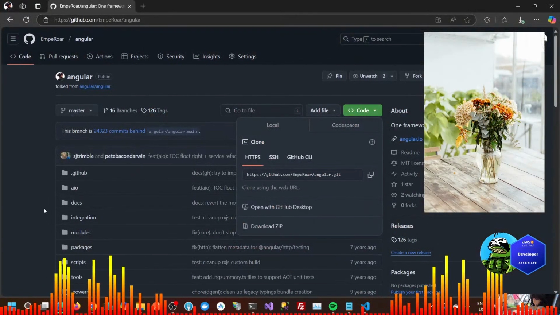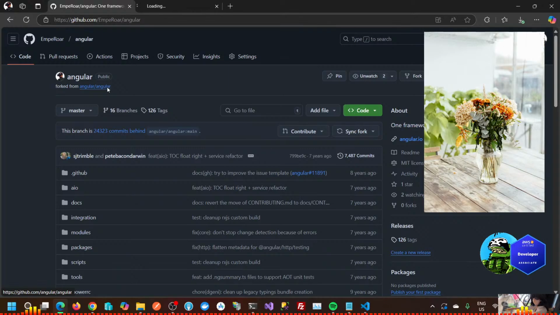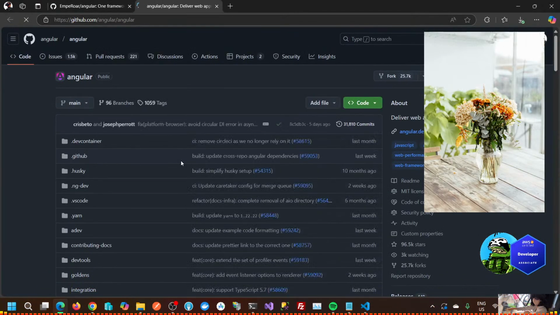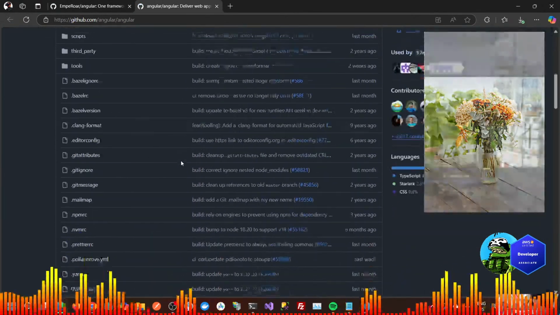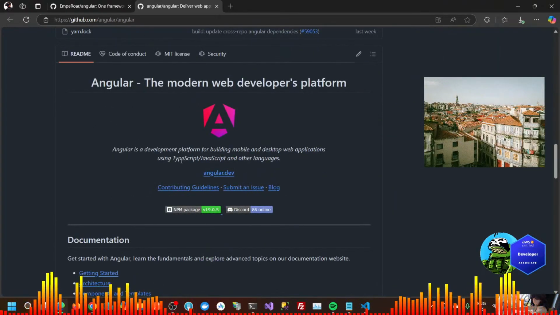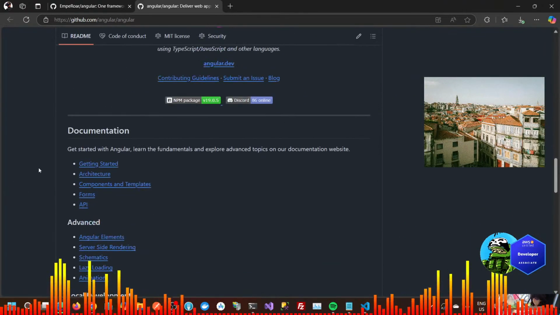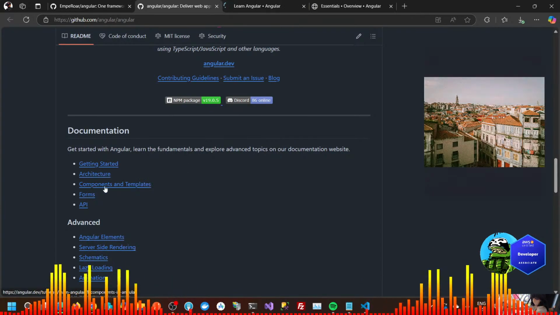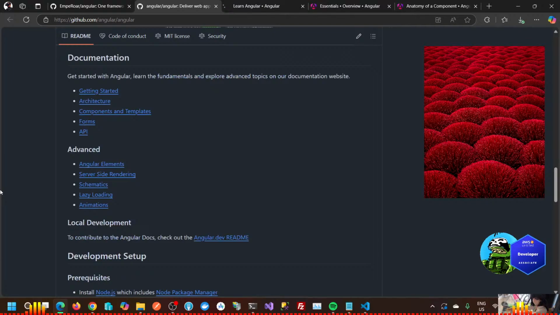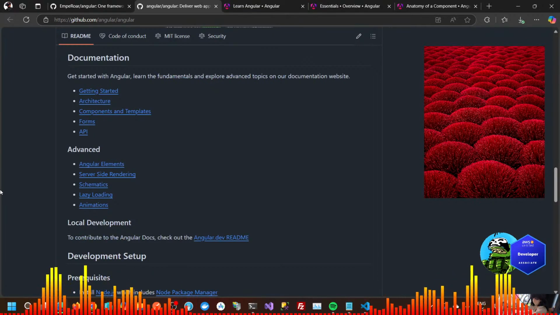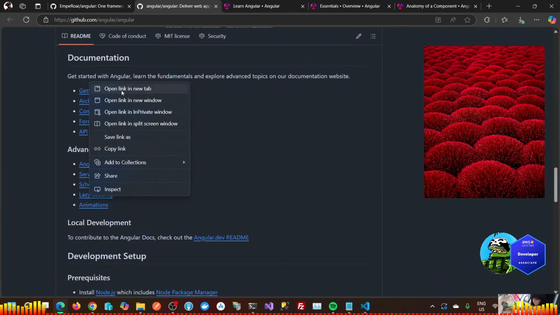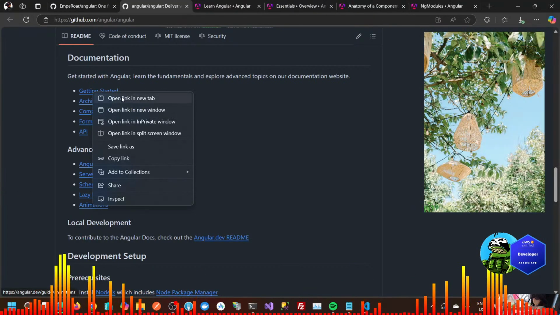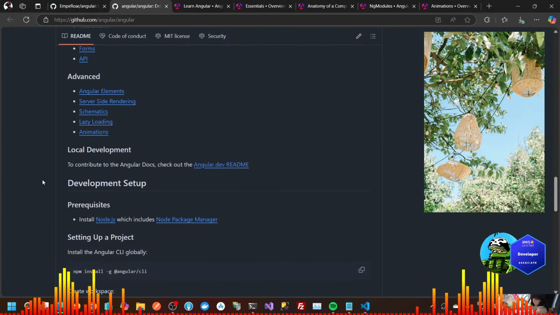Okay, so let's go to Angular. See if we can see some document. The modern web developers platform, getting started, architecture, components and templates, advanced Angular elements, server-side rendering, schematics, lazy loading, animation, local development.